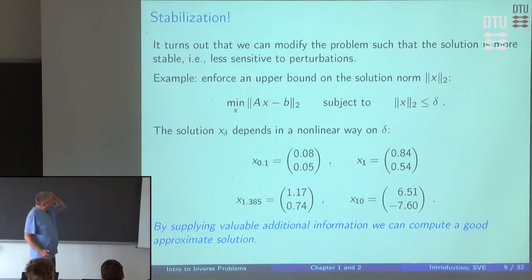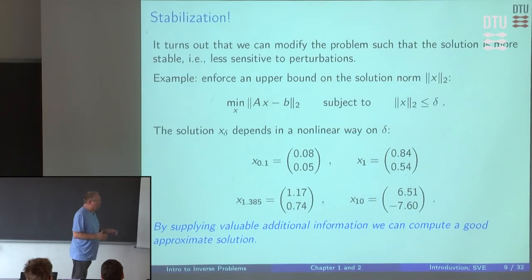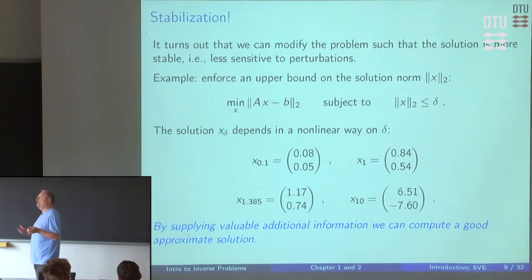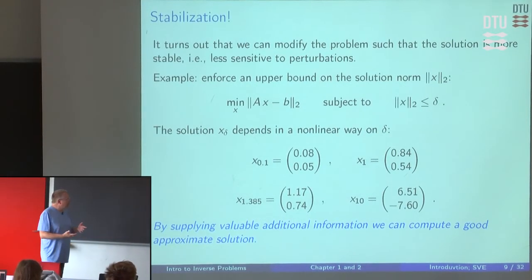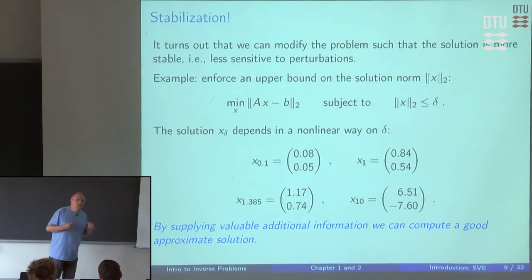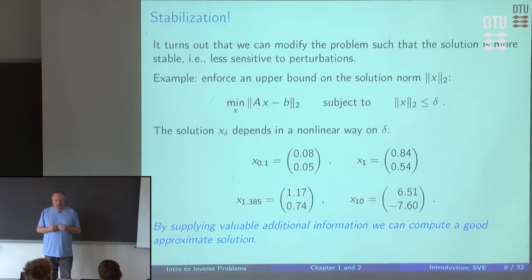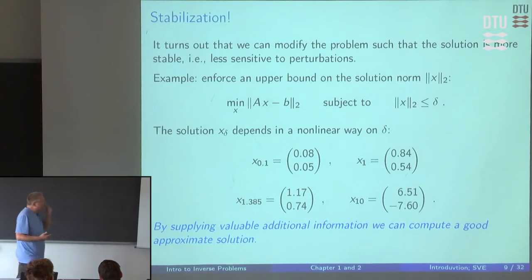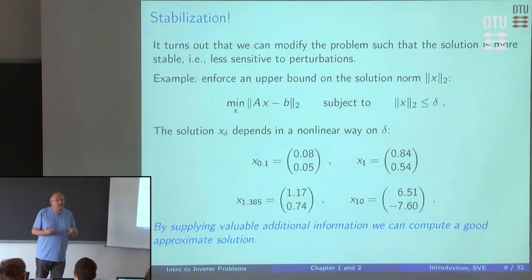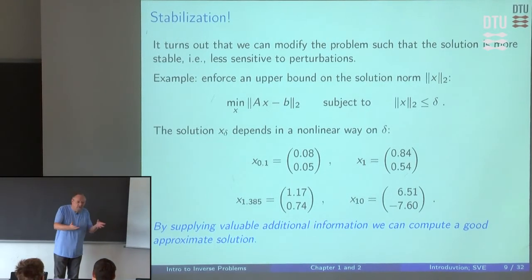How can we somehow come up with techniques for computing reasonable approximate solutions to these kinds of systems here? So the key thing to learn is that you somehow need to add more information about the solution you want. You have to give additional information in one way or the other. What kind of information you want to give depends on the particular problem you want to solve, on the physics or mechanics or whatever is behind the problem you're solving.